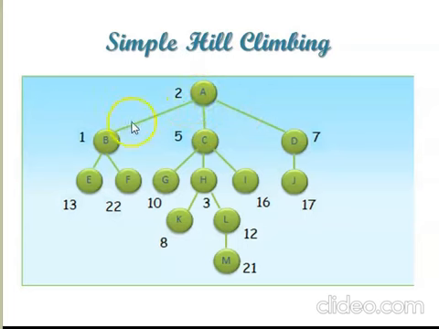One takes us down by a meter because B is 1 meter above the sea level. We are already at 2 meters above the sea level. If we move through this path, we will be coming down the hill. Then this one is 5 meters above the sea level. This is 7 meters above the sea level. The other two operations will naturally take us up the hill. So as per this simple hill climbing, this is not a better value. So it drops when we compare 2 and 1. We cannot move in this direction. We are moving up. We cannot move down.